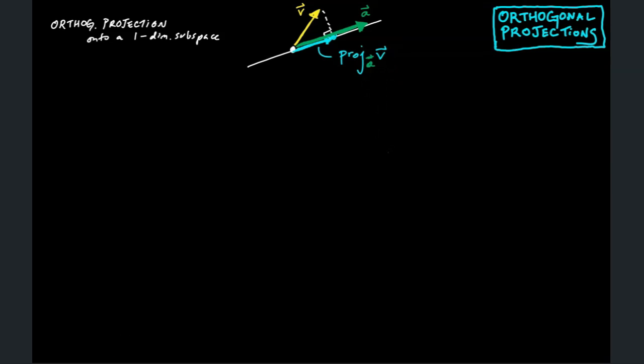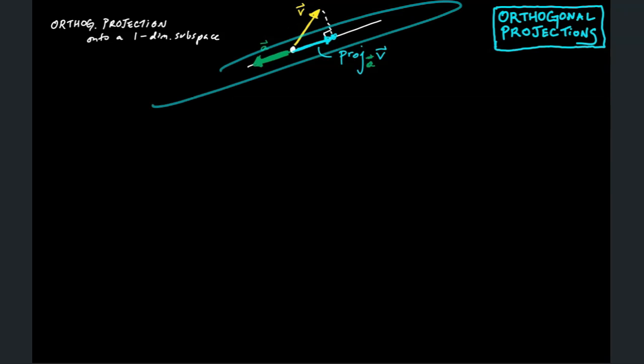It gives us the same information, since there's only one line that includes vector A, and A could be any vector on that line. It could even be pointing in the wrong direction, so to speak, so that it makes an obtuse angle with our vector V. It doesn't matter. It still picks out the same line. Anyway, this gives you an idea of how we denote an orthogonal projection onto a one-dimensional subspace and what it